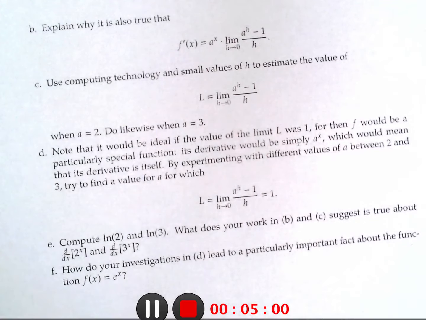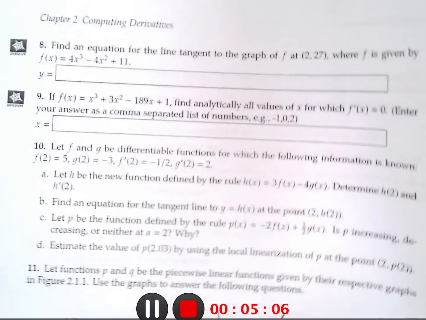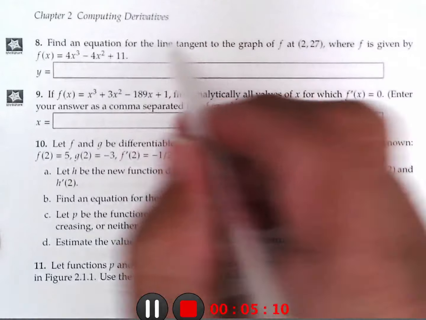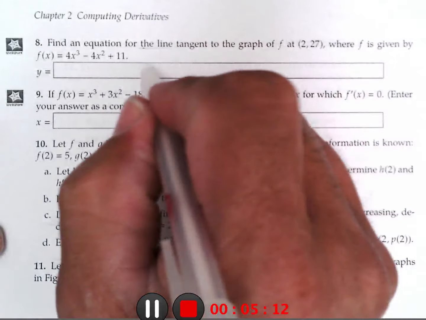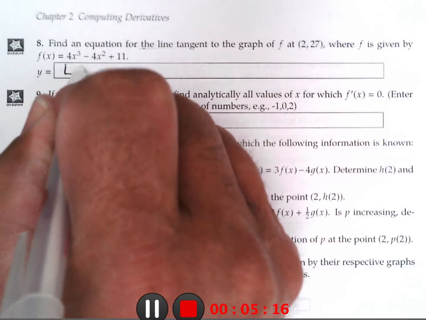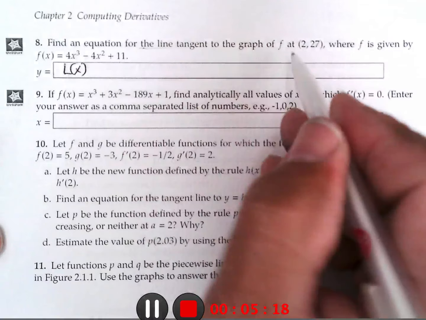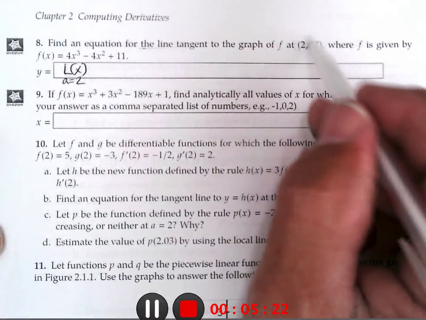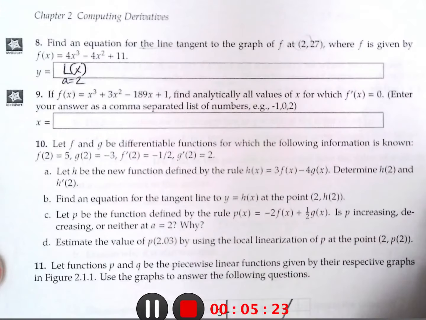Number 8 says, if we got this equation, find the equation of the tangent line. So that says the tangent line is L of x. We've done that, and we're supposed to do it at 2. So right here, find it at 2 in the x. So that's f prime of 2. So the derivative is